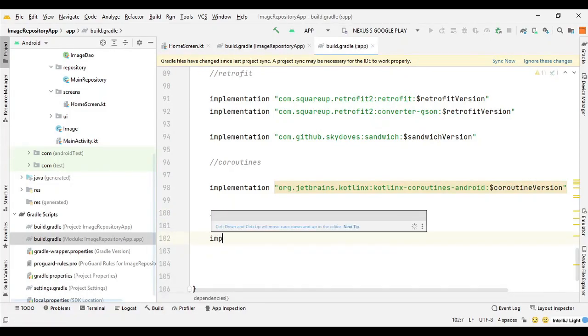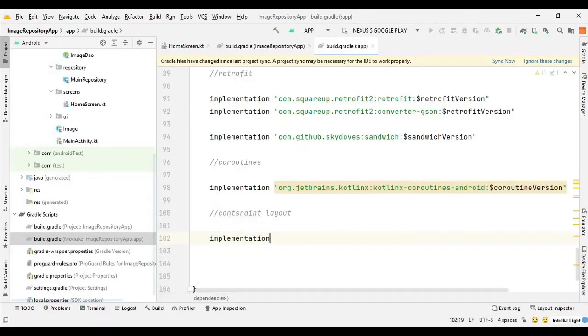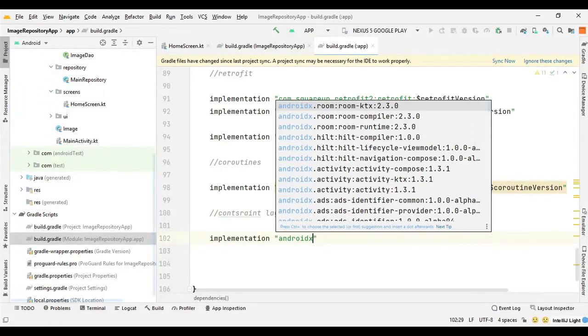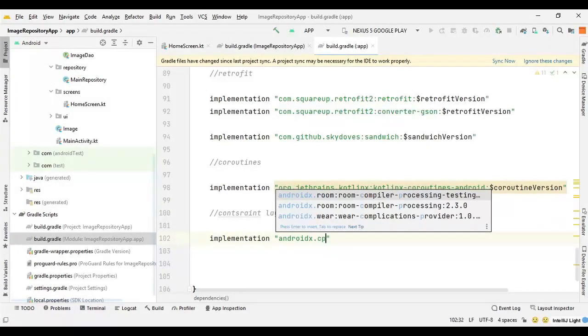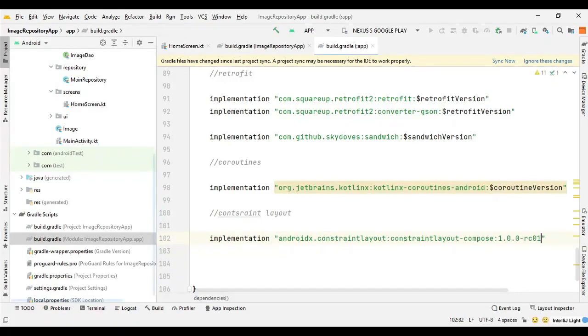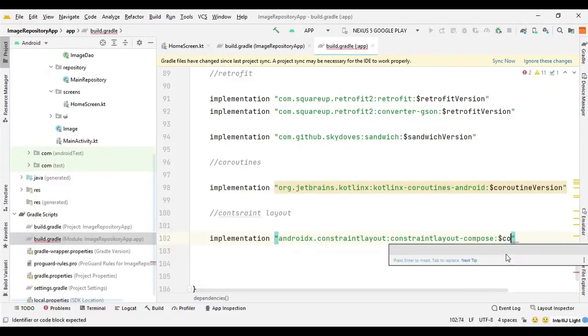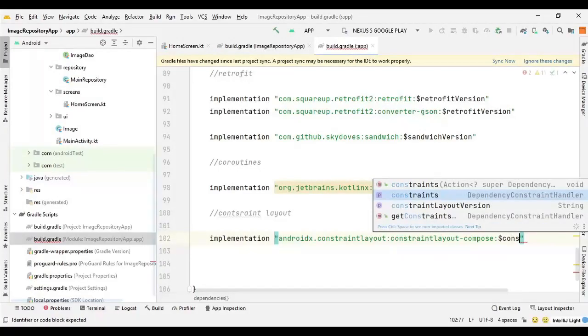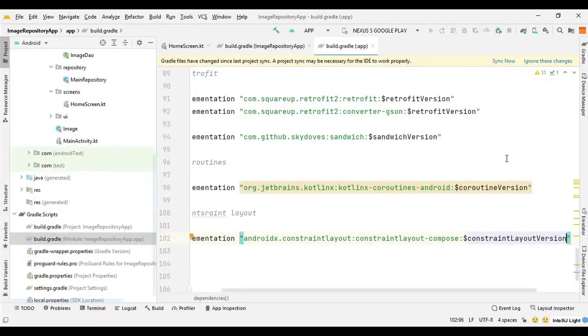So here we can say implementation androidx.constraintlayout, and I guess we can select the constraintlayout-compose, and we just need to pass the version, constraint layout version, and we can sync now.